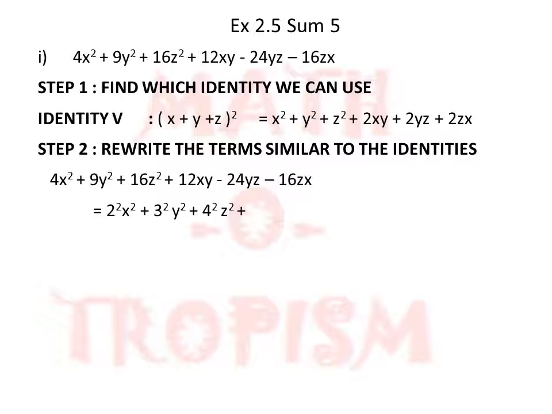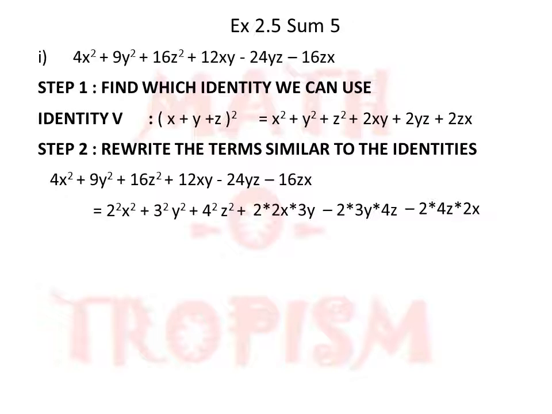So I will write 2xy. Instead of x here it is 2x, instead of y it is 3y. So it is plus 2 into 2x into 3y, minus again 2, I am writing the sign just like that in this step. So minus 2 into y, instead of y there is 3y, and instead of z there is 4z, so minus 2 into 3y into 4z. Similarly minus 16zx, instead of that it is 2 into 4z into 2x.